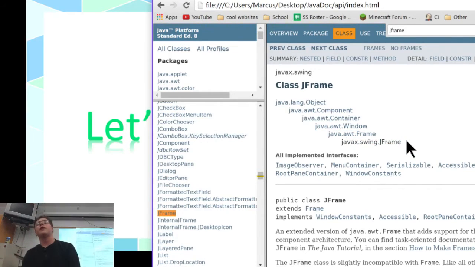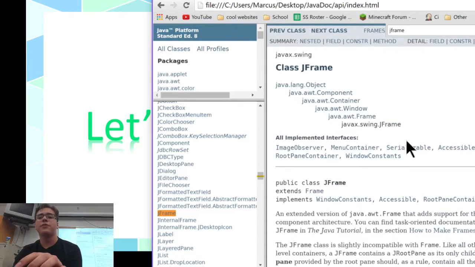If you really want to learn how to program, instead of just searching Stack Overflow, really just go to the Javadoc, because the Javadoc for Java will teach you everything. It'll show you all the methods, everything you need to know, and then you can figure out for yourself how to implement those. If you're still lost, then of course you can Google it, but I'd recommend using the Javadoc first.